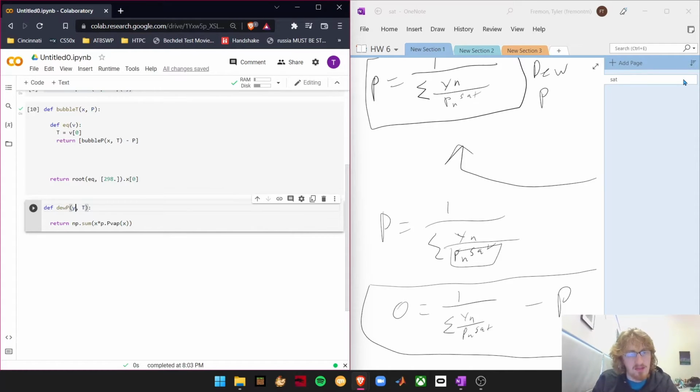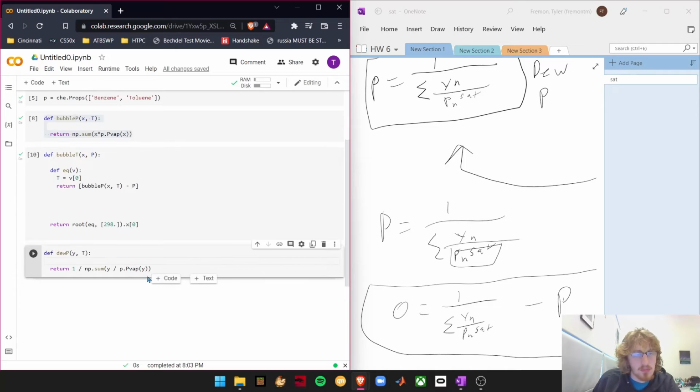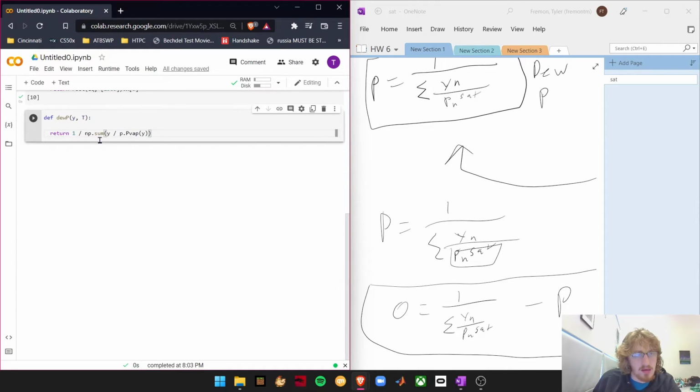And this time we're going to be passing in a value for the vapor phase. And it's going to be a similar equation, but in reality we want to return 1 divided by the sum of y divided by the pVap of that specific element. All right, and then from there,